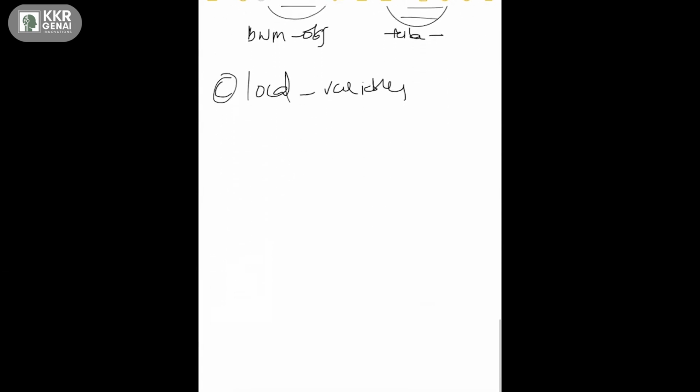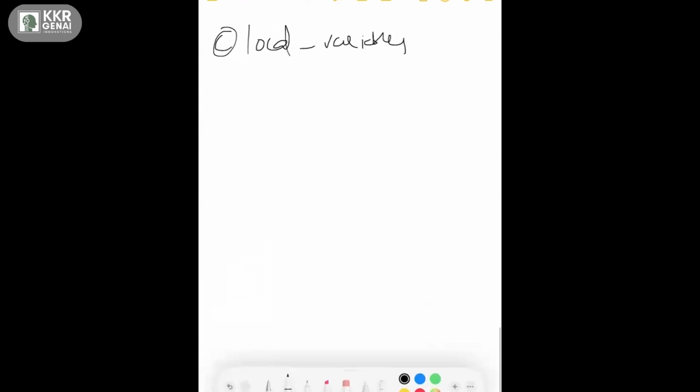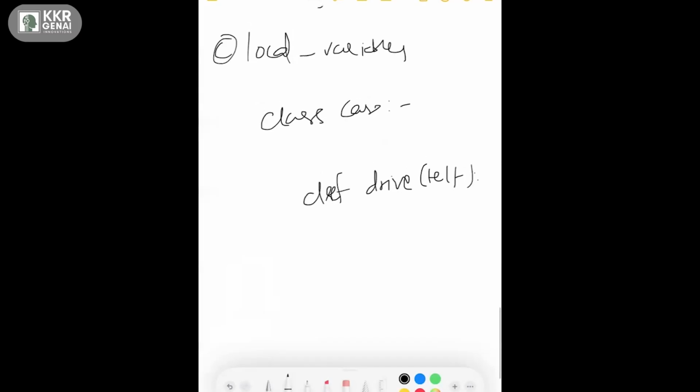And then let's talk about local variables. Local variables are local inside a method. Let's say I have a class Car, and then I have a drive method. Here I am creating one variable, let's say speed.